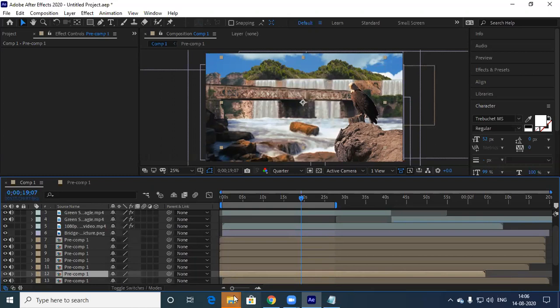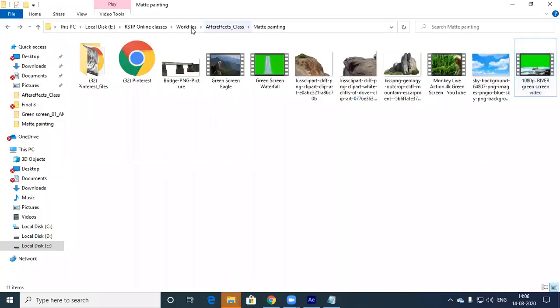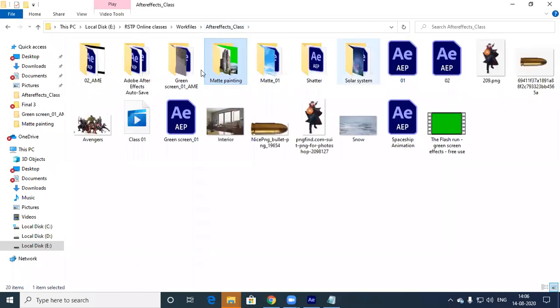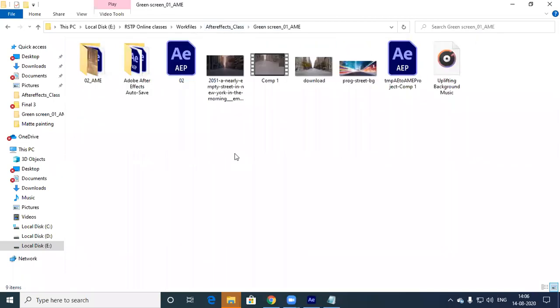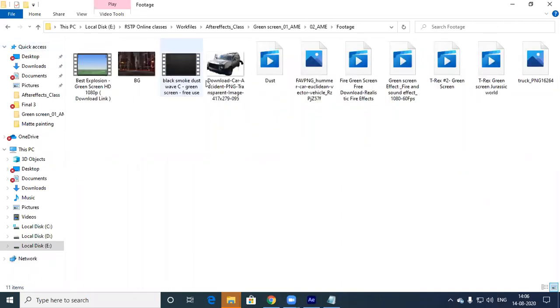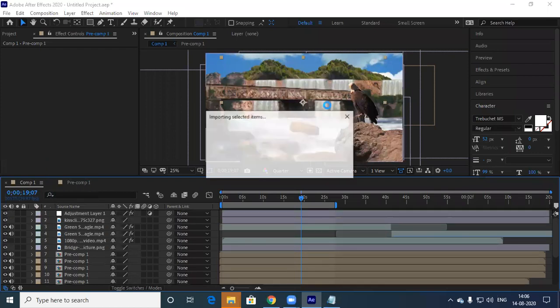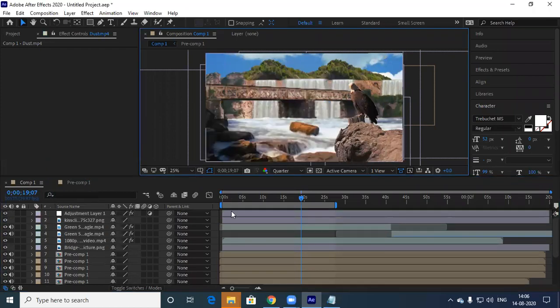Then after that we have a smoke, right? One smoke is there, where we have used in this one. Smoke somewhere it should be there here. Smoke footage. Yeah, this one. Let us add this so that in front it will come.